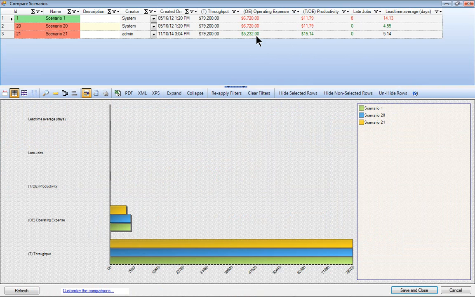So again, your mileage may vary here. You might not be able to cut operating expenses by 15-20%. You certainly may not be able to achieve perfect on-time delivery right away, and you might not be able to cut your lead times by 1/2 to 2/3, but I wanted to illustrate some examples of